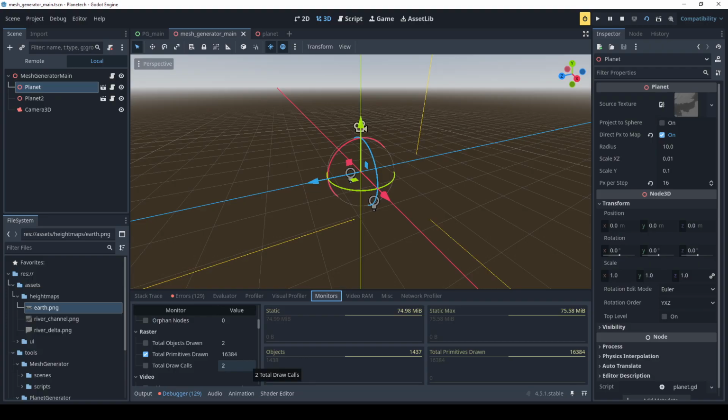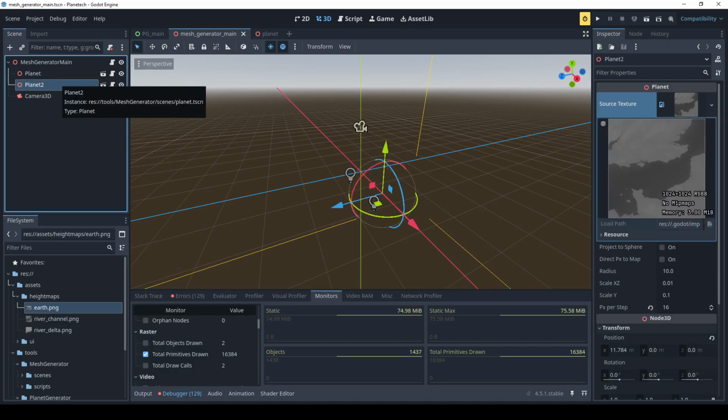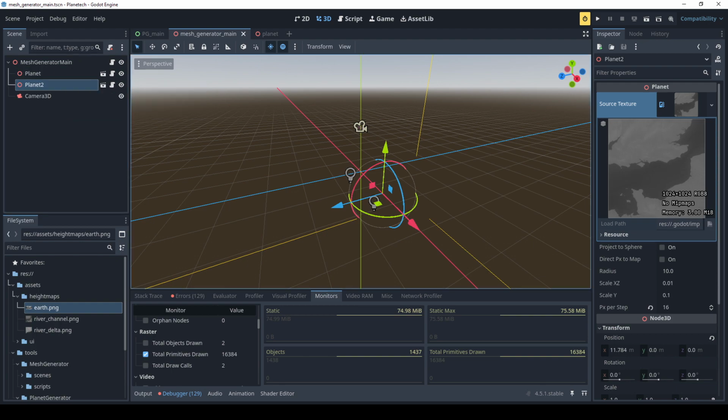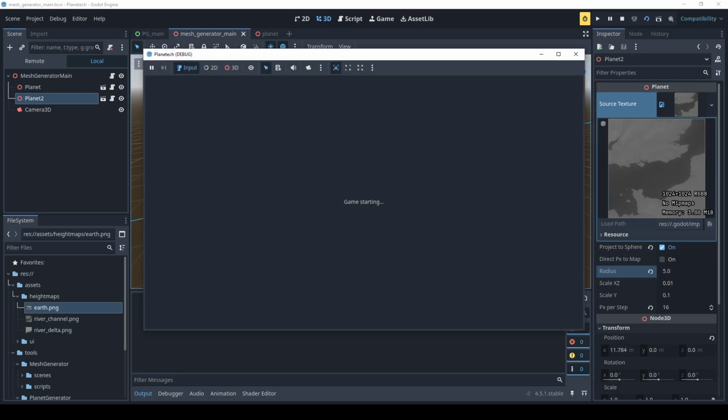We'll come back to the optimization just a little bit, but now let's look at how we can take these and make them proper planets. So if we come in here, and I'll use this one since it's out just a little bit, I'll check this project to sphere, use the same resolution, and make the radius say 5 units. And now when we run it,